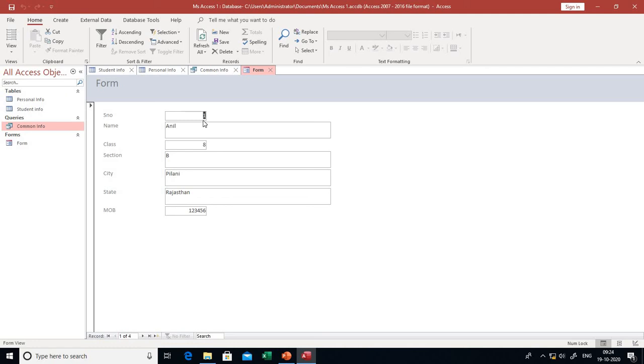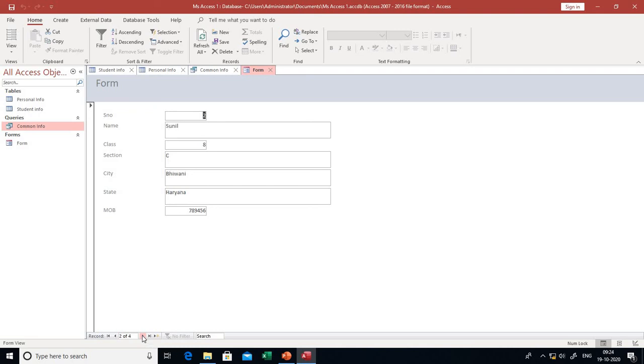This form is Anil's form. Anil's serial number is 1, class is 8th, section is B, city Pilani, state Rajasthan, and mobile number of Anil is 123456. Check out the bottom side of your screen, a bar will be visible in front of us. We can use next record to see the next record with a single click.